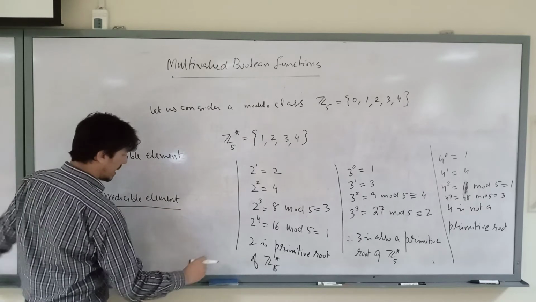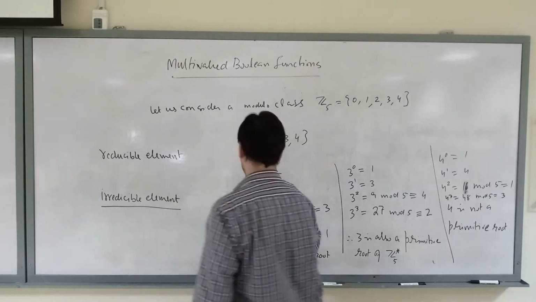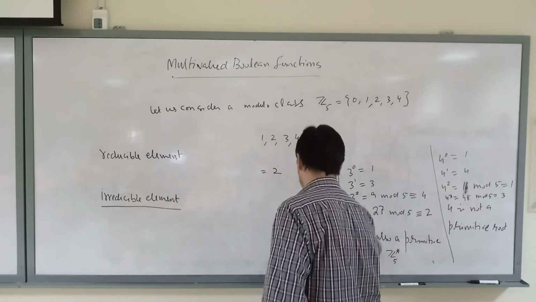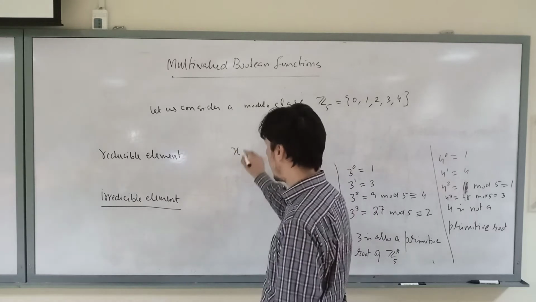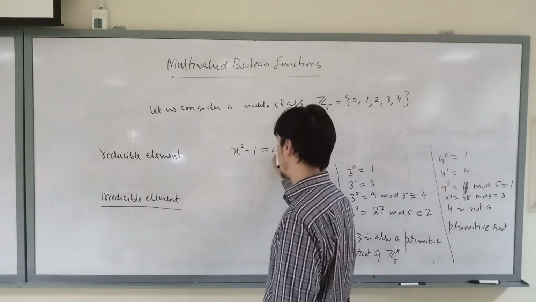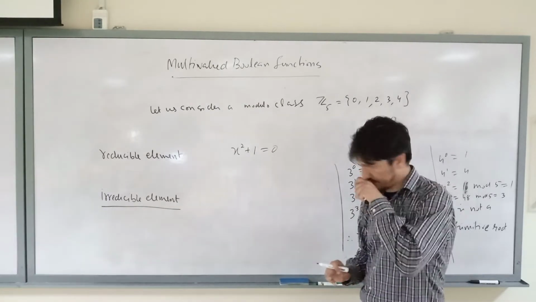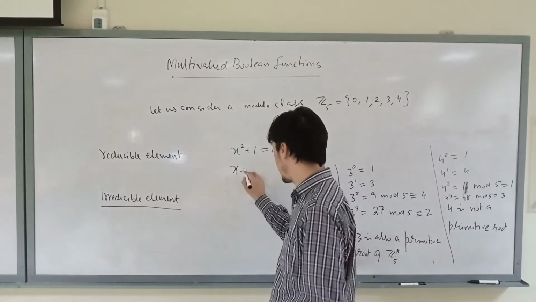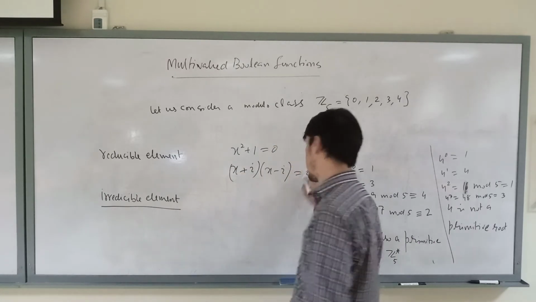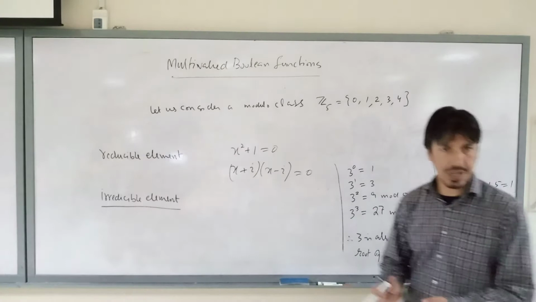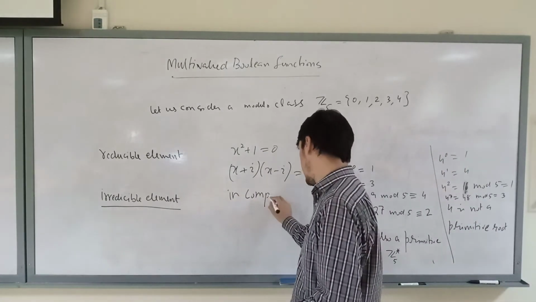ठीक है, अगर मैं आपसे एक बात करूं, मेरे पास अगर एक पोलिनोमियल लिखा है x स्क्वायर प्लस 1 इक्वल टू 0, इसके रूट क्या होंगे? शाबाश, इसके रूट होंगे x प्लस आयोटा और x माइनस आयोटा। तो ये रिड्यूसिबल है इन कॉम्प्लेक्स नंबर,